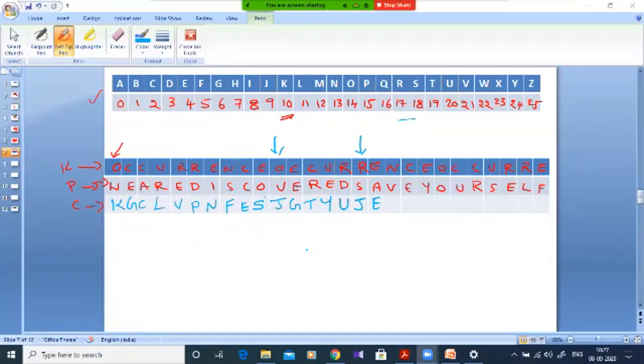So remember, this is the plain text and this is the key. Key length can be equal to message length also. Okay, that is the maximum that can be possible. I will give one more example so that you can get more clarity. But before that, we will finish these two things also. Then we can do that example.